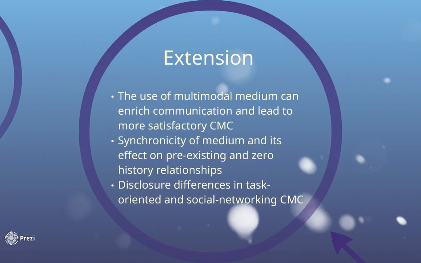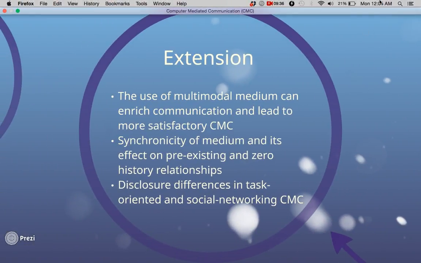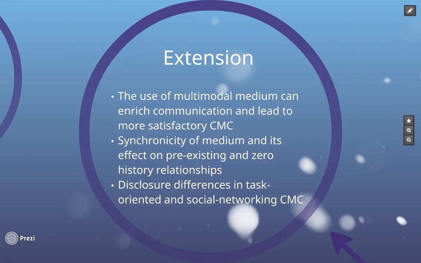To extend the findings of CMC to a contemporary context, additional structures are needed to address the shortcomings of the previous research. In my extension, I focused on three structures that apply to a modern context. The first structure addresses the effect of multimodality on a CMC medium's richness and its ability to produce satisfactory interactions. With the introduction of multimodal channels, CMC allows for greater expression by combining sounds, text, and images, which in turn increases the richness of a medium. This increased richness results in a greater communication satisfaction.